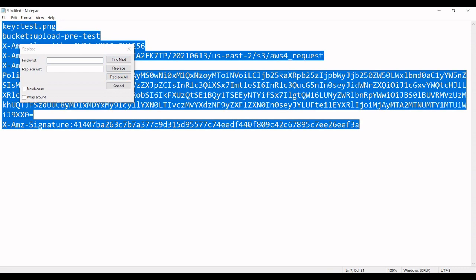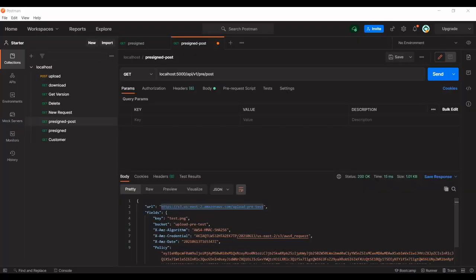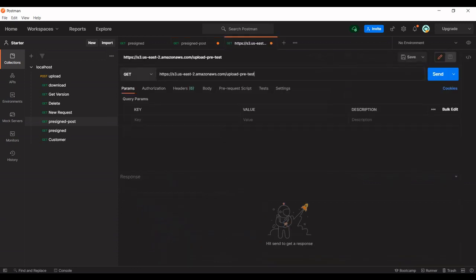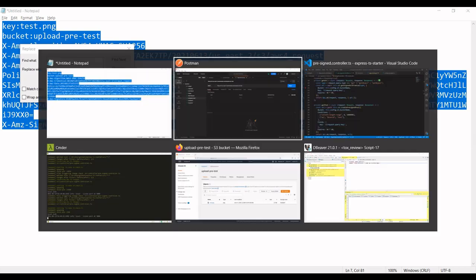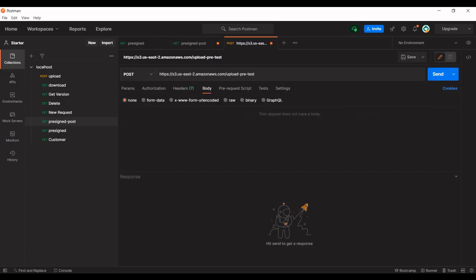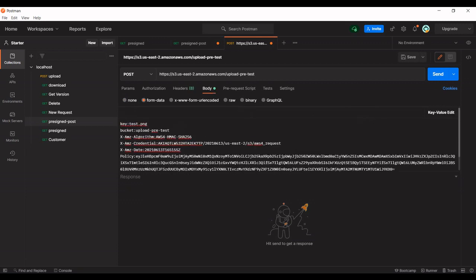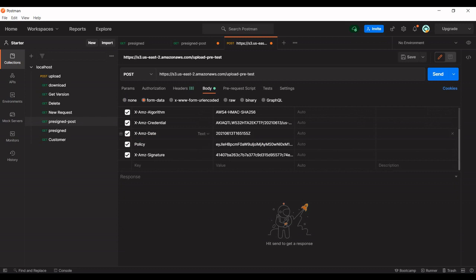This is going to be our payload. So we can have this URL first. This is going to be the URL, post method, and the parameters that should be in the body, form data. Paste all the payloads, because it's going to be the payload details. Next is file. This is going to be file.